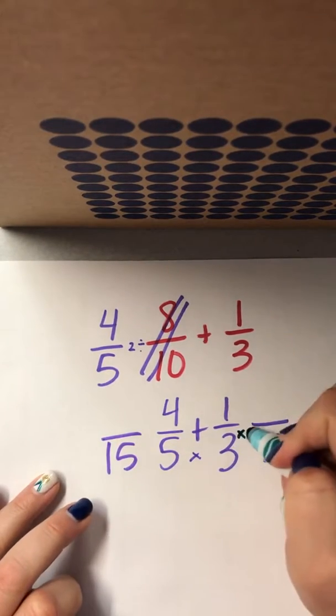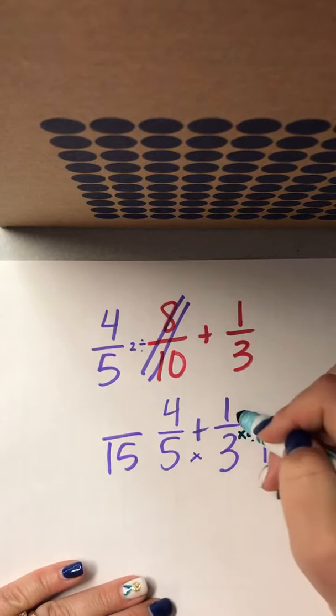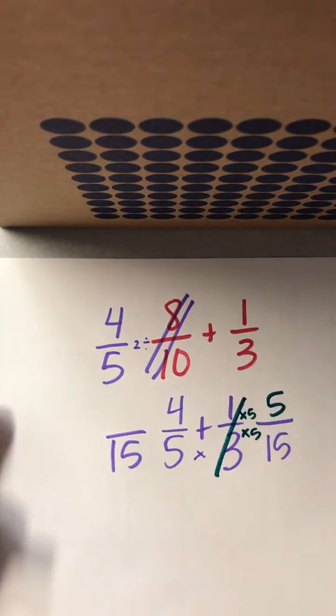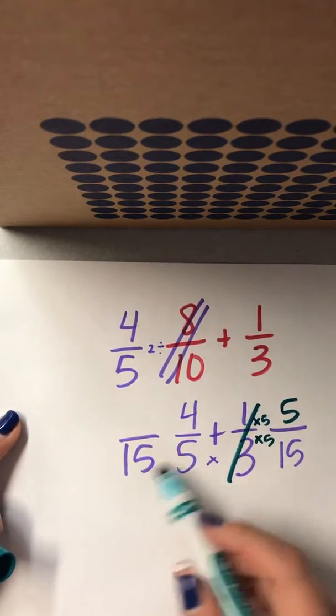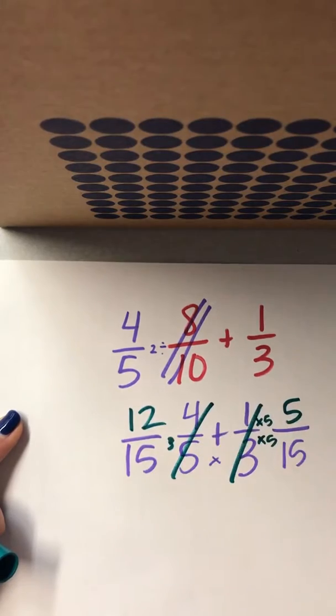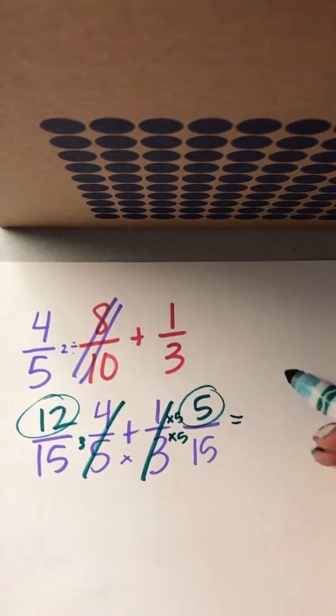3 times 5 is 15, and whatever we do to the bottom, we've got to do to the top. So 1/3 is the same as 5/15. 5 times 3 is 15, so 4 times 3 is 12. So now I have 12/15 and 5/15. I add that together and I get